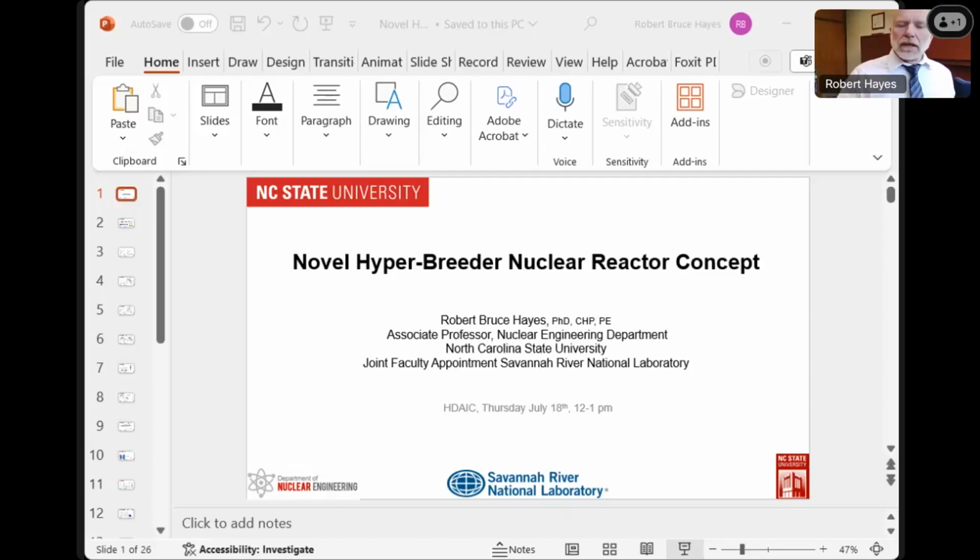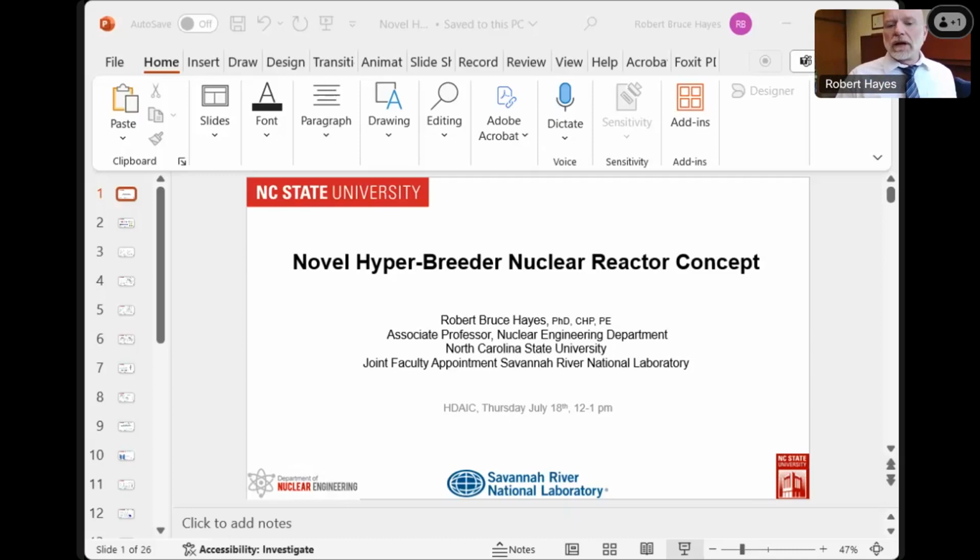So here again is the combination of homogeneous systems. You can see it never gets above 0.9. But if I plot the K infinity for slab geometry, so repeating slabs of water and natural uranium, so if I have an infinite array of slabs of water and uranium, I can get substantially above 0.9. I can get upwards of above 0.95. So even though the homogeneous case can never get above 0.9, the heterogeneous case, if I have slab geometry, can